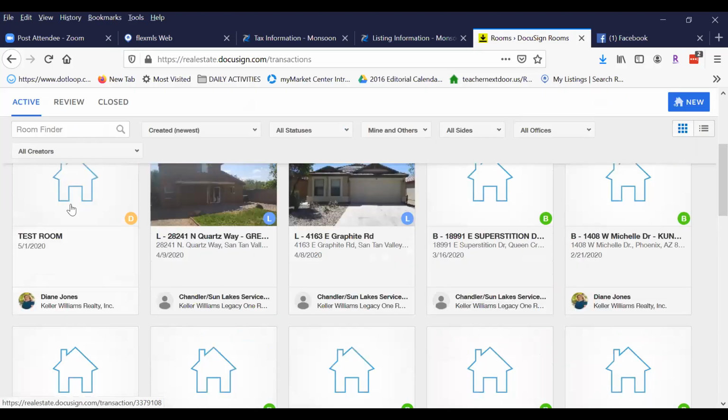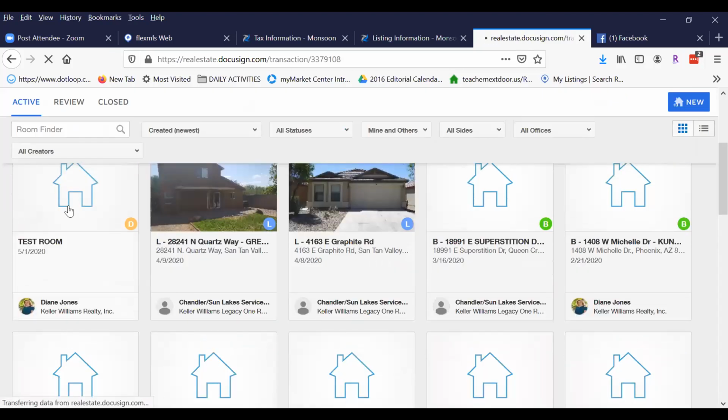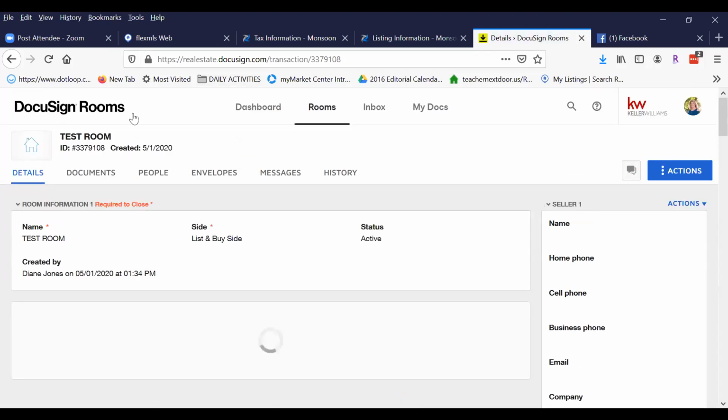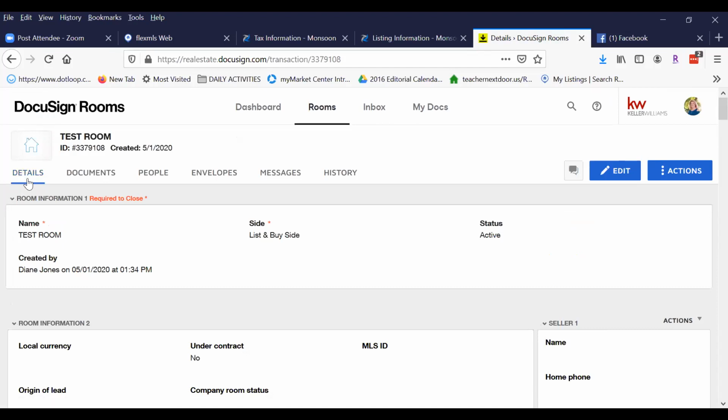So I have this little test. I'm going to go to my room, pretend like it just created this, and I now need to find my documents. The first tab that's going to open is this details. Now from a listing side,